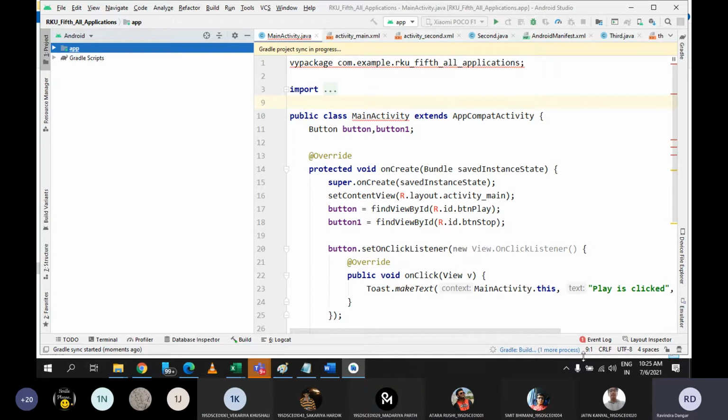So for new module, Gradle is getting built. Very soon you will find new application here.